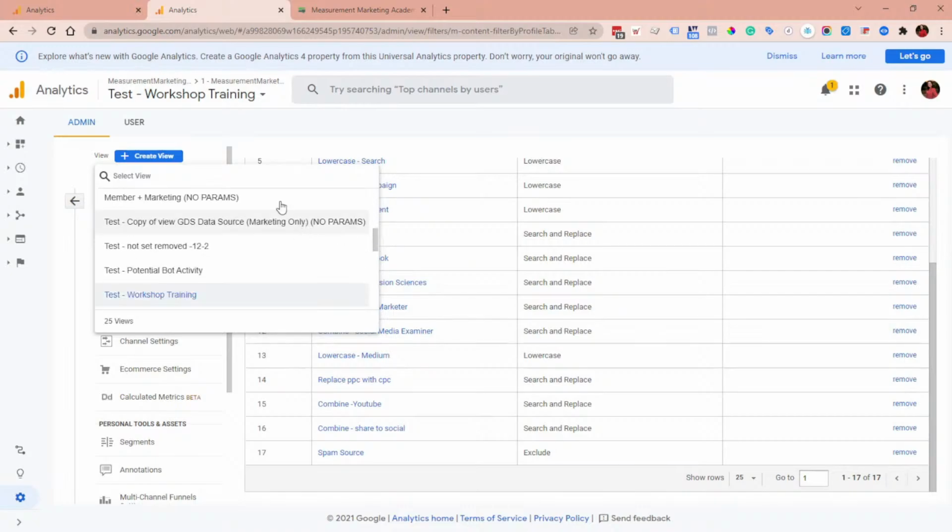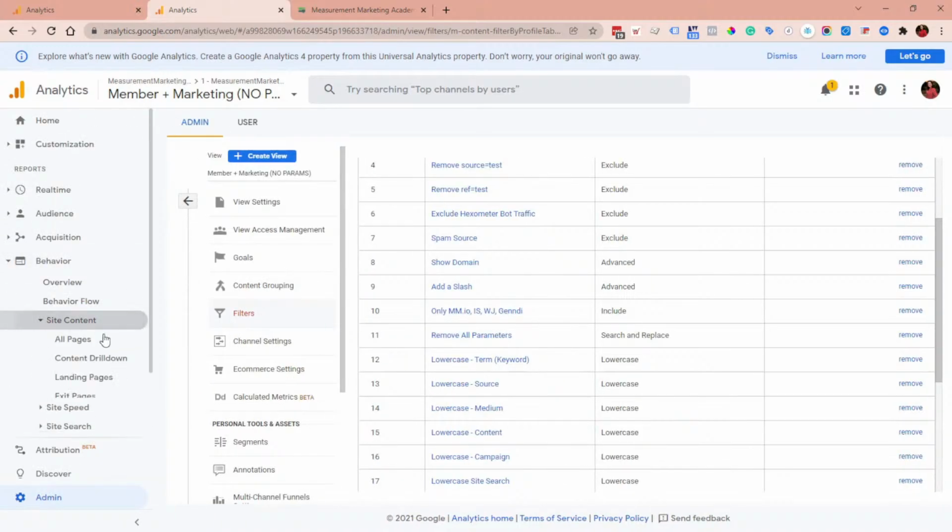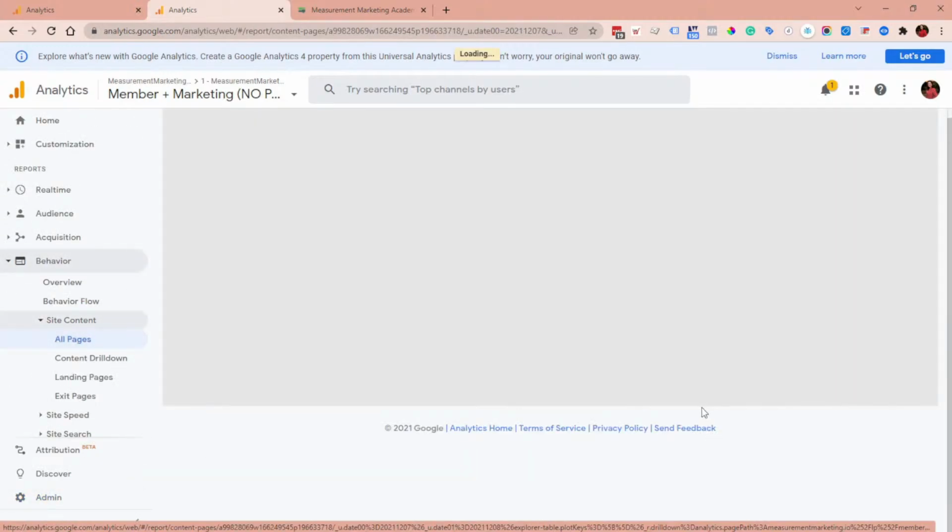So we're going to go to a view that does have the parameters removed. I call it no parameters. I want to show you that we can see it in the filter. It says remove all parameters. So if I go over to our site content, all pages, and then I look for the exact same thing,